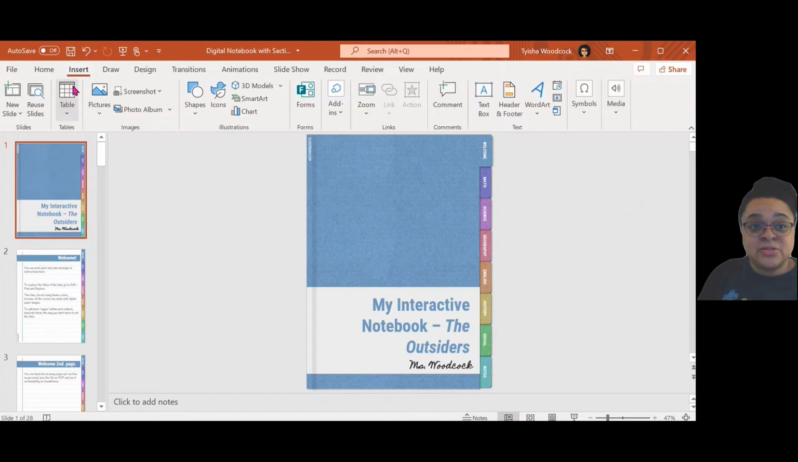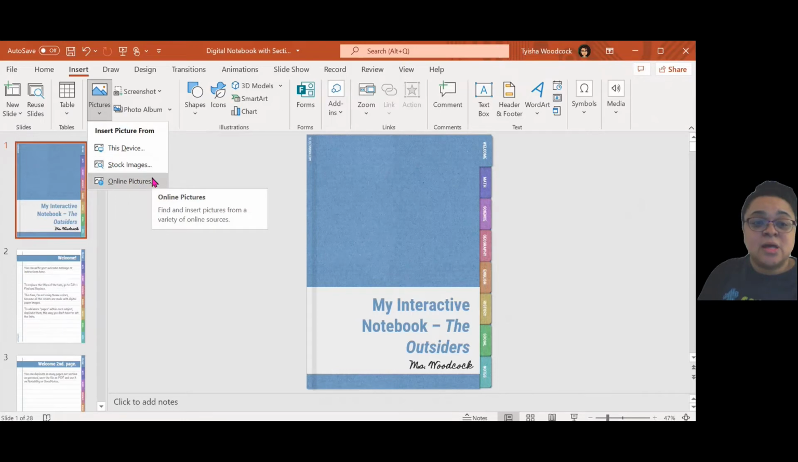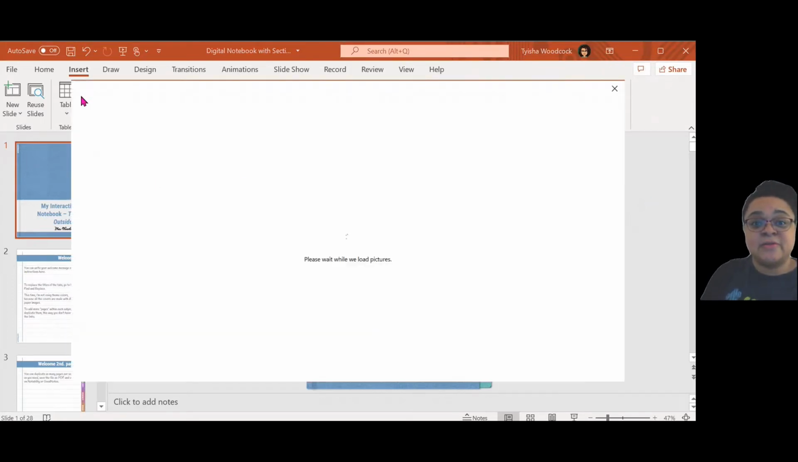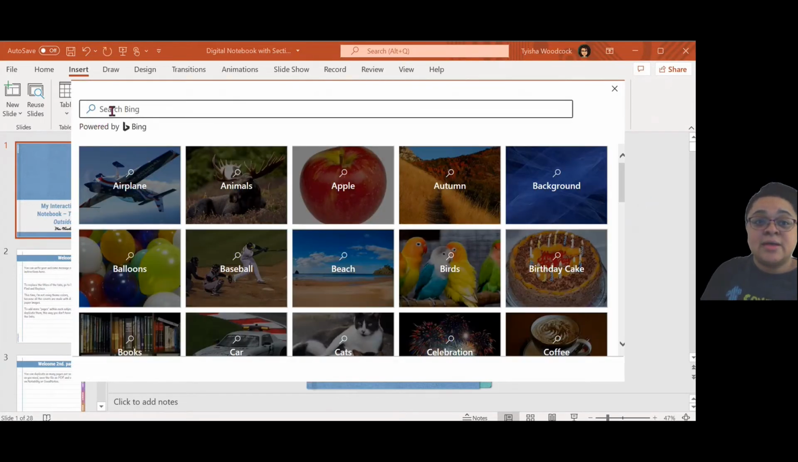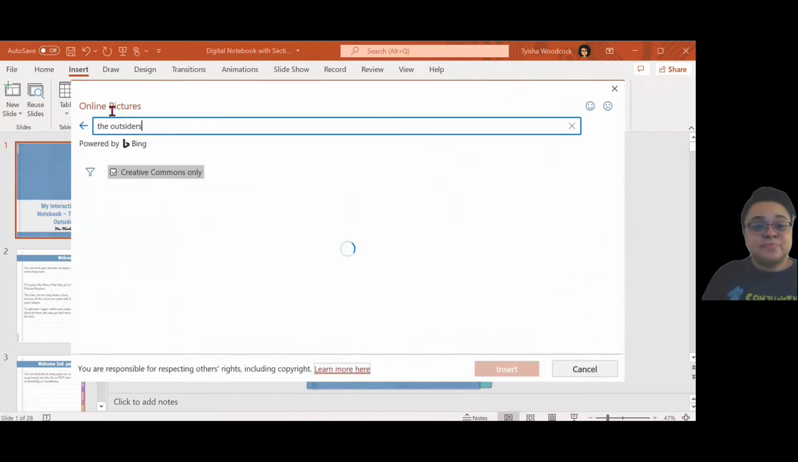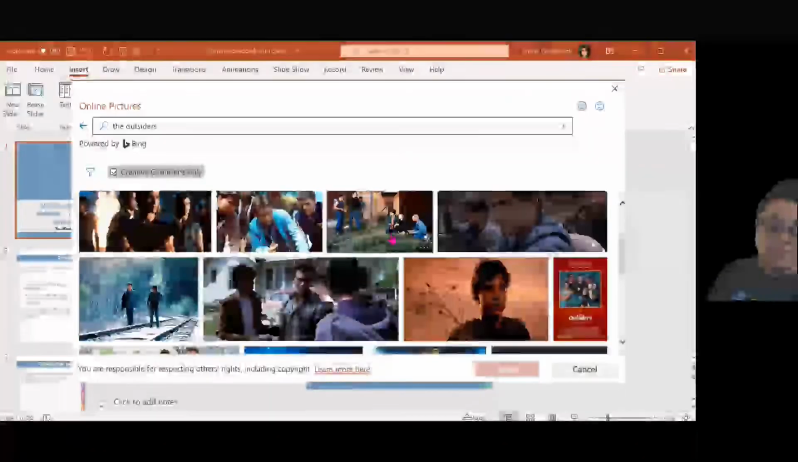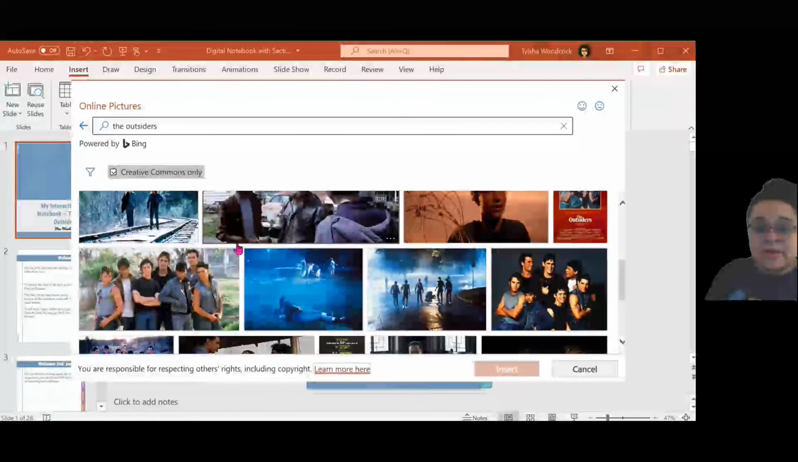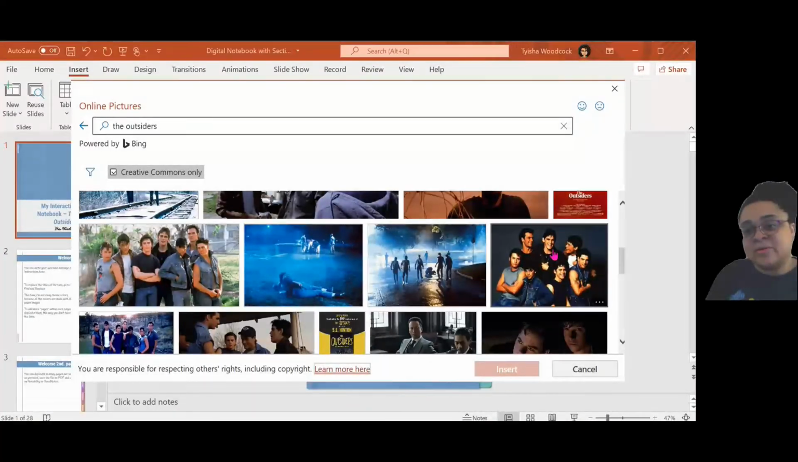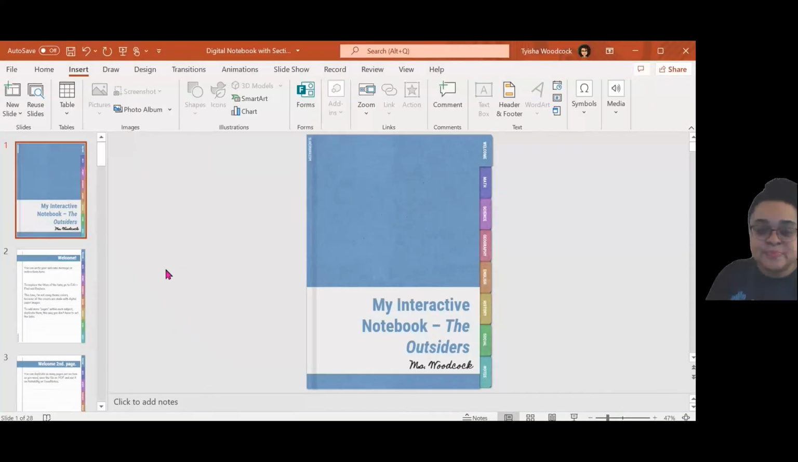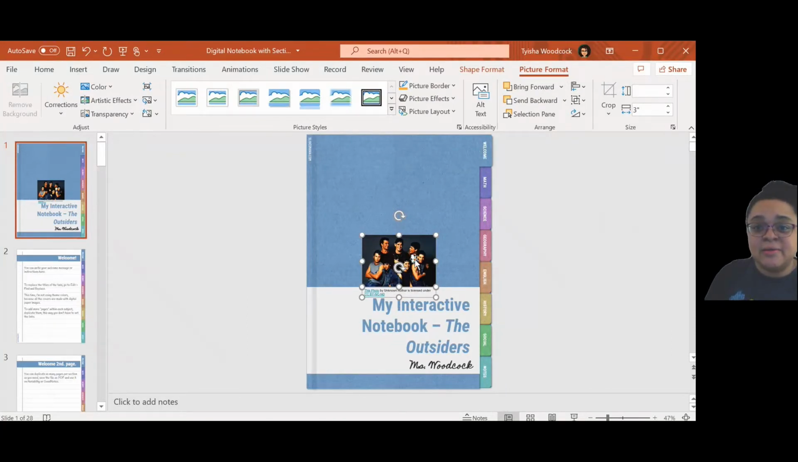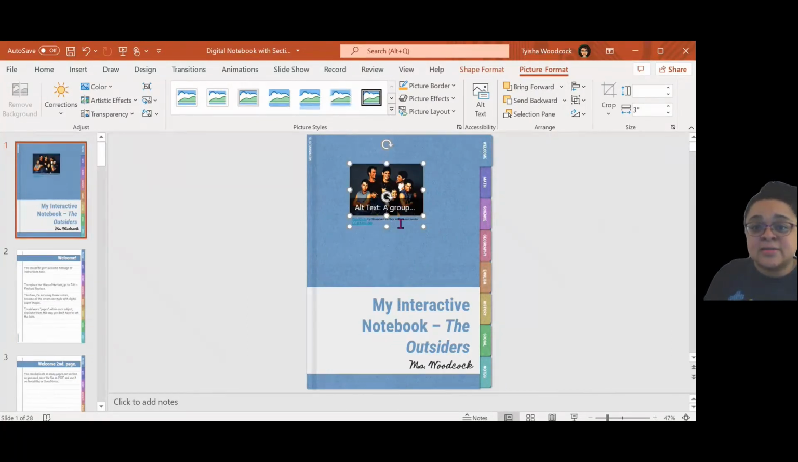We can click insert, pictures. Online pictures is perfectly fine. And I can type in The Outsiders. And then I get a slew of pictures from the movie. And it's just a matter of picking which one to use. So here's the cover, I think, of the actual movie box. And I just click insert in here. I've now gotten The Outsiders